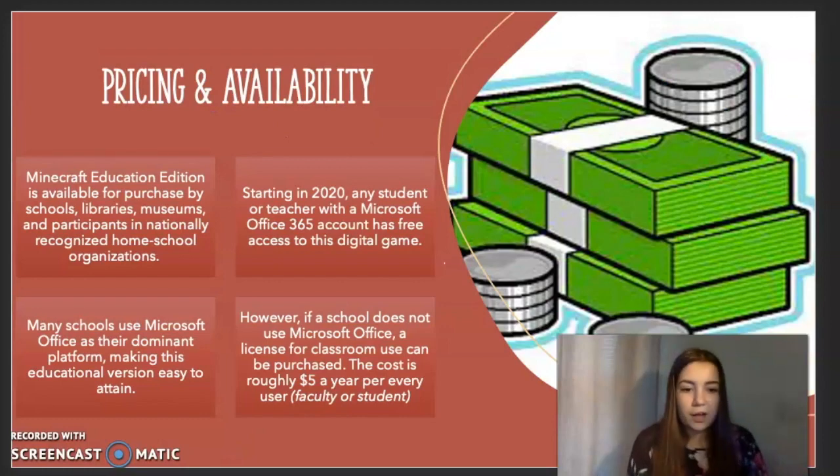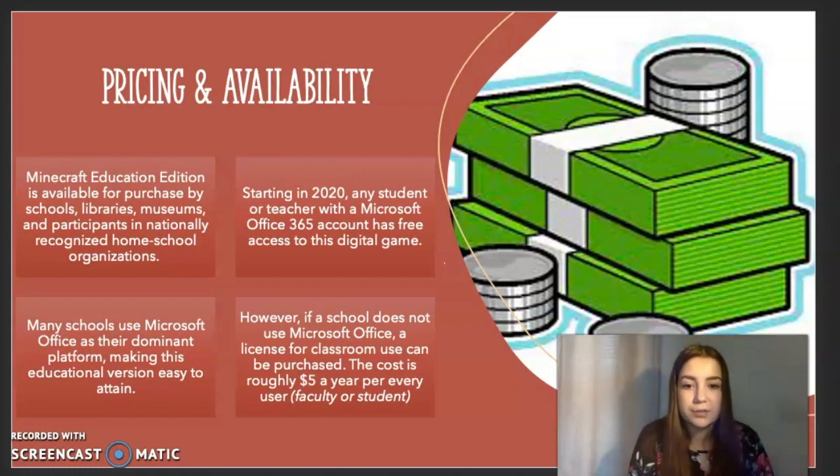So, the pricing and availability of Minecraft. Minecraft Education Edition is available for any accredited educational purpose. Most schools, libraries, museums, and also participants in nationally recognized homeschool organizations can apply and then get the proper recommendations for becoming part of Minecraft.